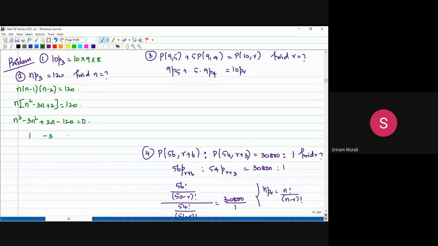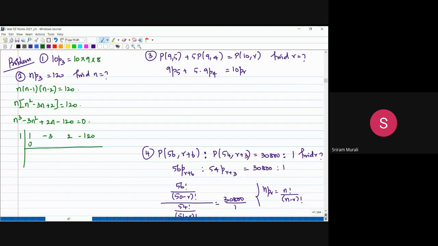It's a third degree. You know synthetic division which you have learned. Synthetic division normally we use to reduce the degree of the equation. It's a third degree equation to be reduced to the second degree. By trial and error, you take 1, minus 1, 2, minus 2, like that. So if I take 1, minus 1, 2, minus 2, 3, minus 3, 4, minus 4, suppose if it is